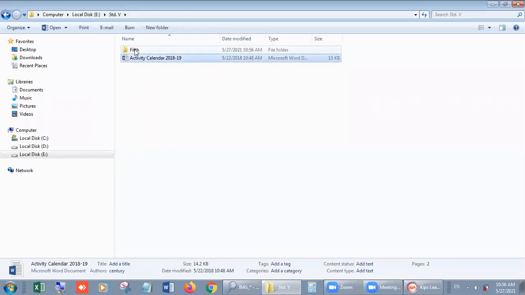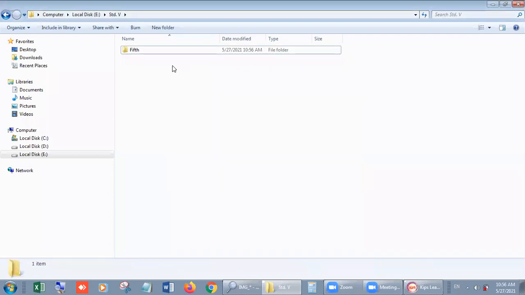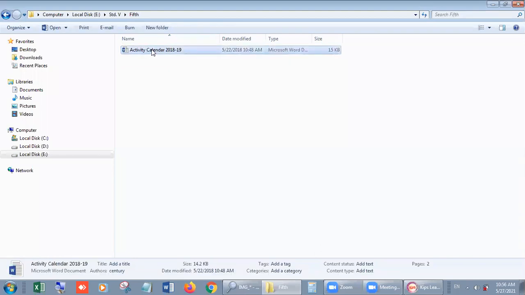Look, in both folders we have the same file, right? If you want to move it, then you can move also. How will you move? Suppose I'm going to delete it, and in fifth folder I want to move it again here. Okay, double click on it, hold on it.